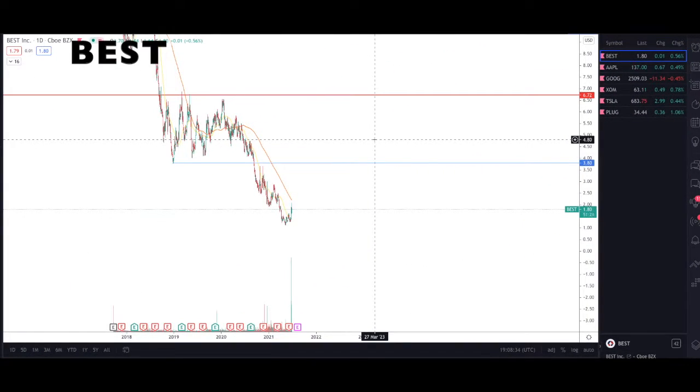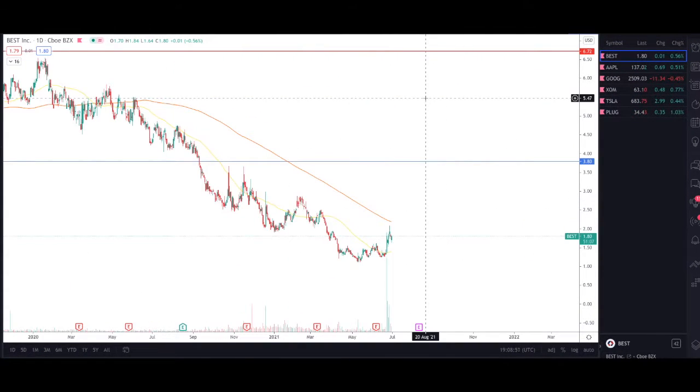Okay, let's start with a random stock. Today I'm having BEST. When we look at the stock, this is what it has been doing. It is not really telling us a lot of information at the moment, but by using a trend line, we will add to the analysis. The point of a trend line is that we want to have it hit as many tops or bottoms as possible. Let's start by using